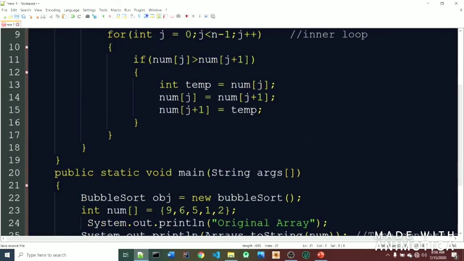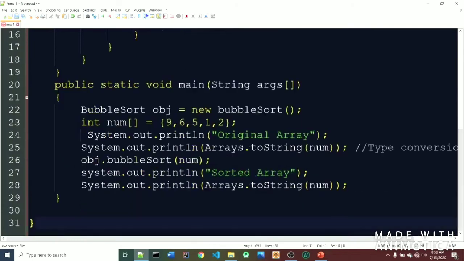If nums[j] is greater than nums[j+1], int temp is equal to nums[j]. nums[j] equal to nums[j+1], nums[j+1] equal to temp, right? Public static void main String args, BubbleSort object is equal to new BubbleSort. Though here is a mistake, the capital B. Yeah. Int nums is equal to 96512.